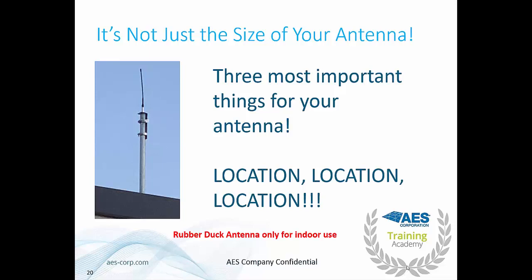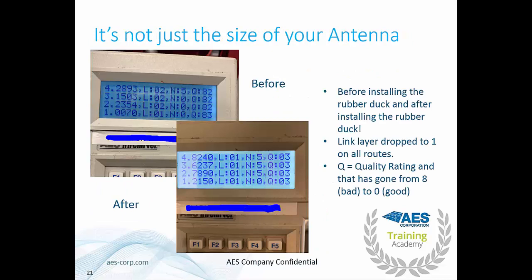But we had a customer recently who had a 9 dB antenna that was causing more harm to his network than good. We suggested he switch to a much lower gain antenna, and he thought he would be funny and put a rubber duck on the top of a mast on top of his office building. He also shared with us the handheld programmer so we could see how this affected his network. As you can see here, we have before with the 9 dB antenna and then after with the rubber duck antenna on top of the mast.